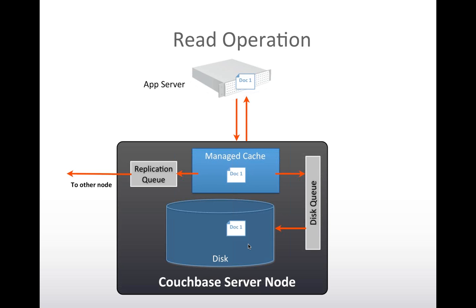This helps us to be not only very fast with a very simple API, but also compliant with any existing memcached application that has been built today. You can switch and use Couchbase as a database or a cache instead of the memcached